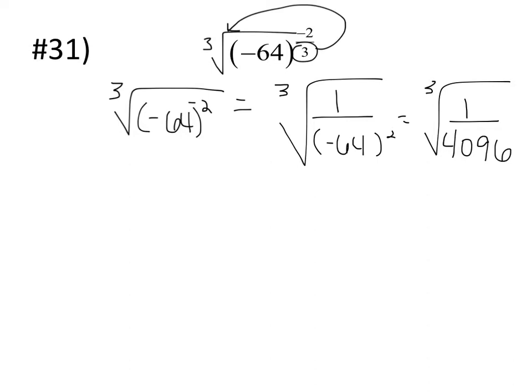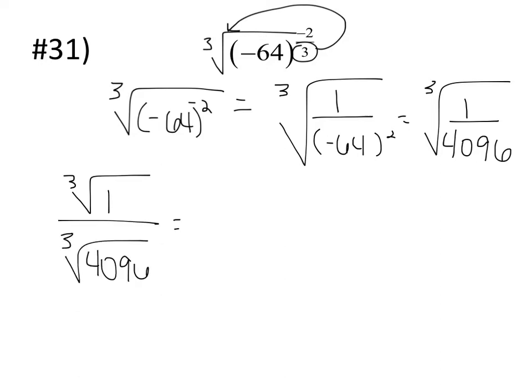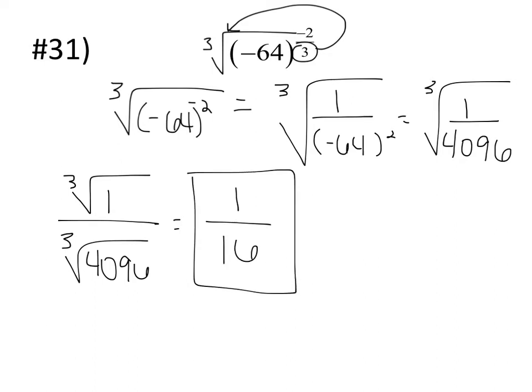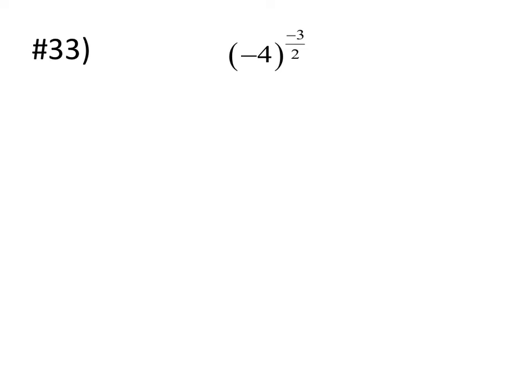4096, which again, we just figured this out in the last one. So the cube root of 1 over the cube root of 4096. Cube root of 1 is 1. Cube root of 4096 is 16. Okay, again,